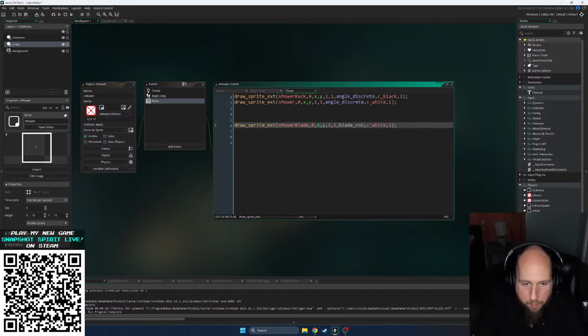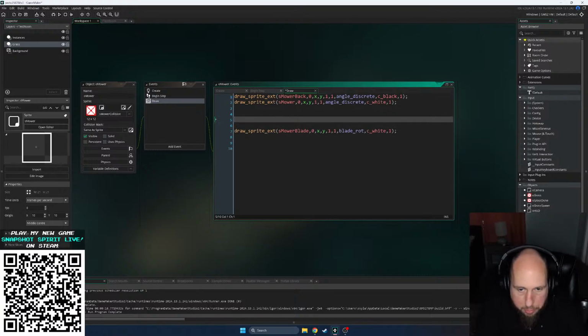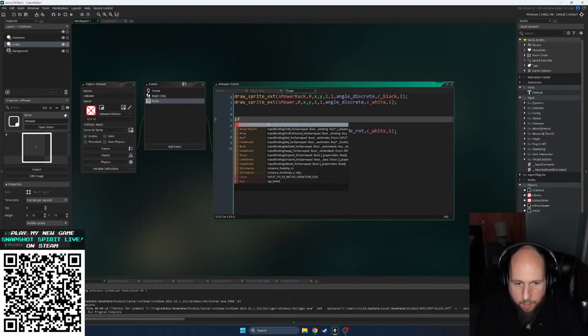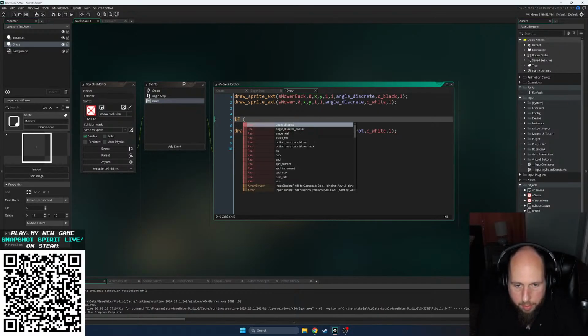Blade rotation. And because draw events can still do math, I will say if